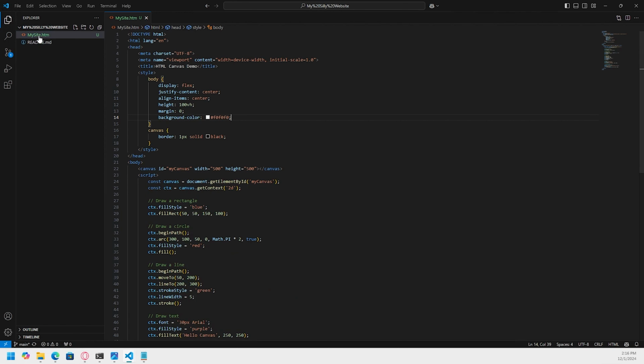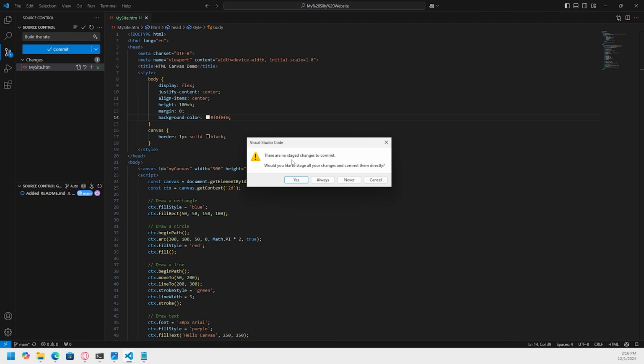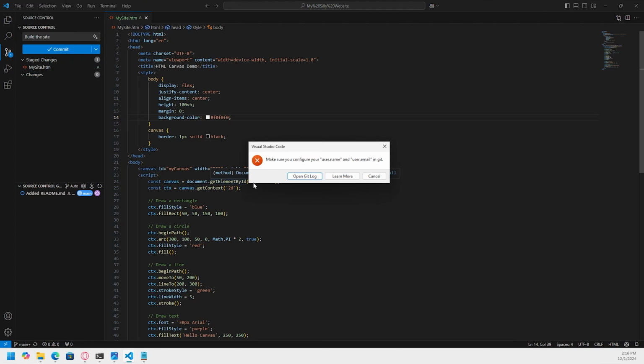So we have it. And now as you can see here, it's already picking it up in our local Git that this is a new file. So I'm going to click on this. I'm going to say, built the site. Confirm, right? Yes, I definitely want to stage it and commit it at the same time. Yes, right? So now that,